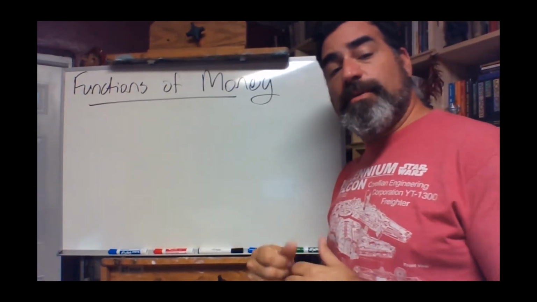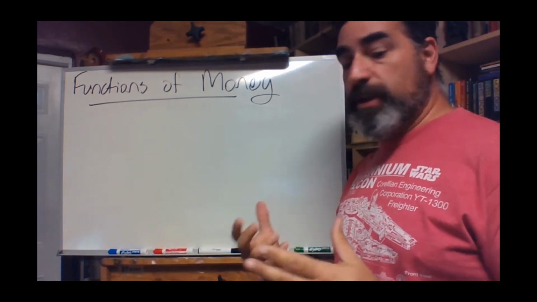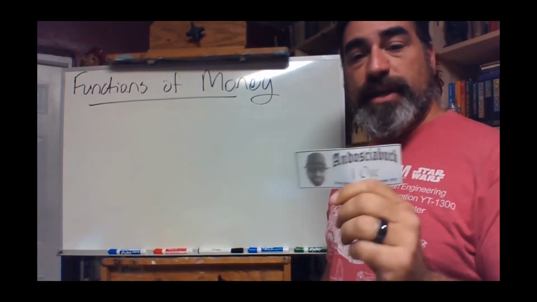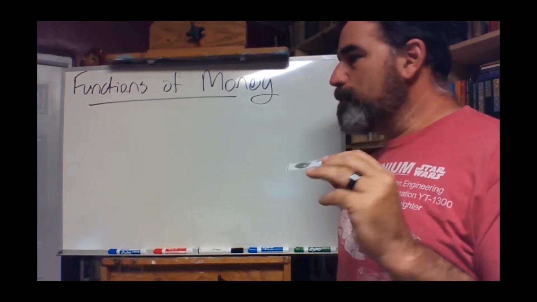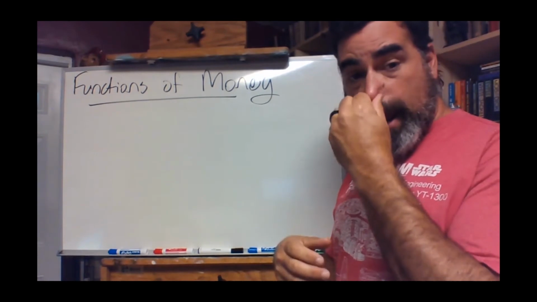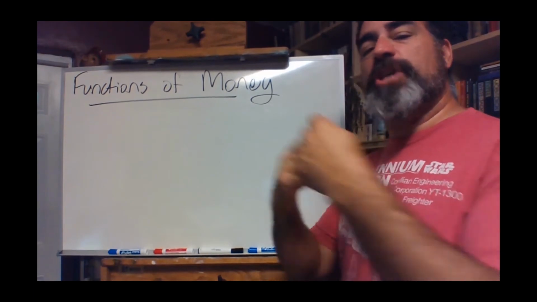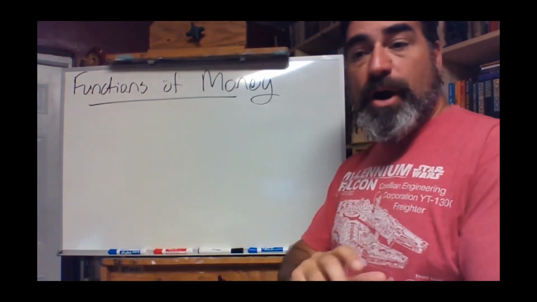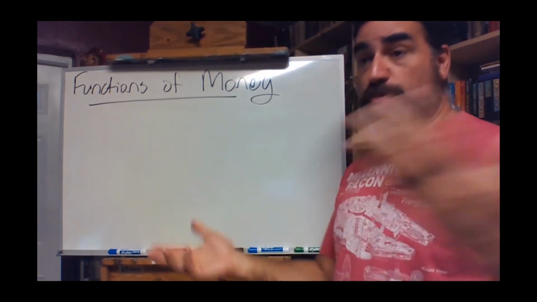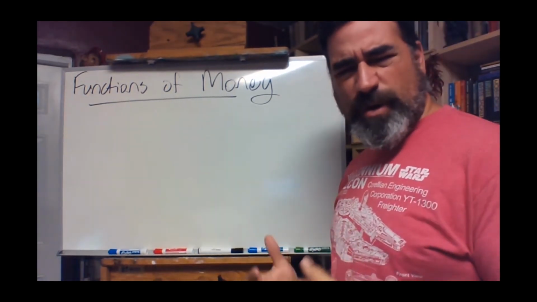All right, so then the next thing that we want to talk about with regard to money and currency is, what is it for? What exactly do we do? I mean, why should this matter? Why should this piece of paper translate into a grade, right? Or why should you be able to take $1 and go to the store and get a candy bar for it, right? Why does that piece of paper translate into an exchange for a candy bar? Or why can I take 10,000 of those pieces of paper and drive off of a car lot with a brand new car, right? Why does that work? How does that happen?